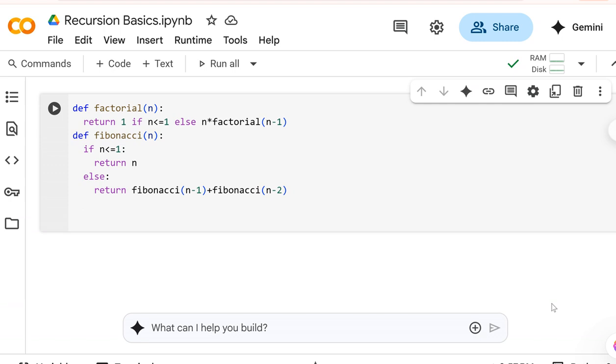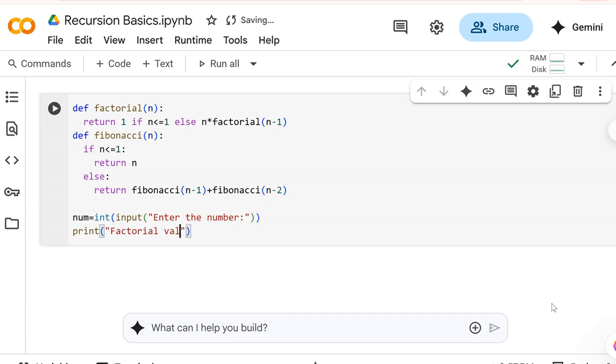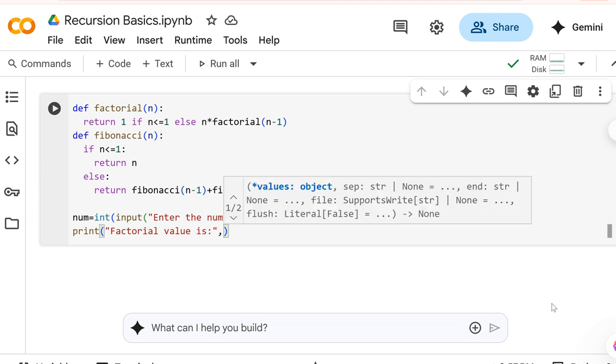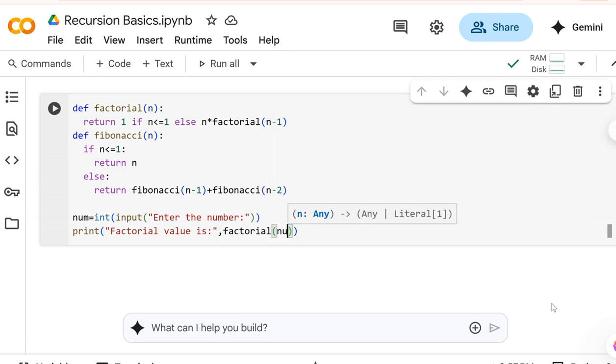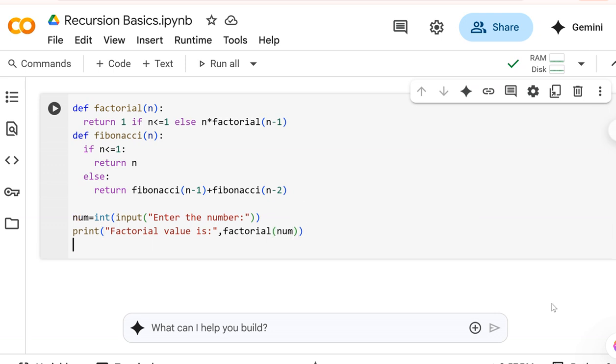So I'm going to get a number, enter the number, and then print. Going to print the factorial value. So for that, I'm going to call the function factorial of the given number, and then for printing the Fibonacci sequence,